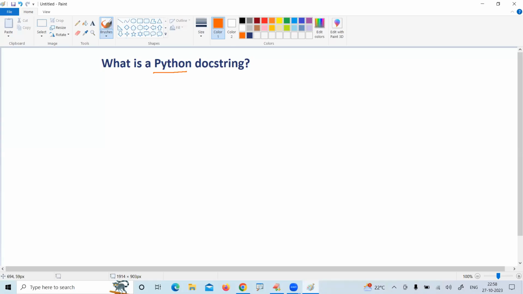What is a Python docstring? A docstring is nothing but a documentation type string. Whenever you are defining either a Python module, or a function, suppose an add function with some logic, or if you are defining a class inside that function, anything, the docstring is nothing but giving